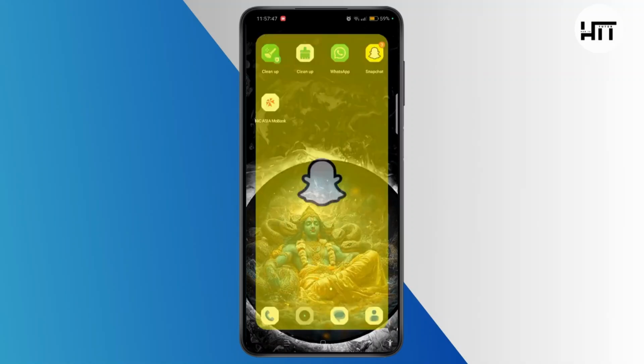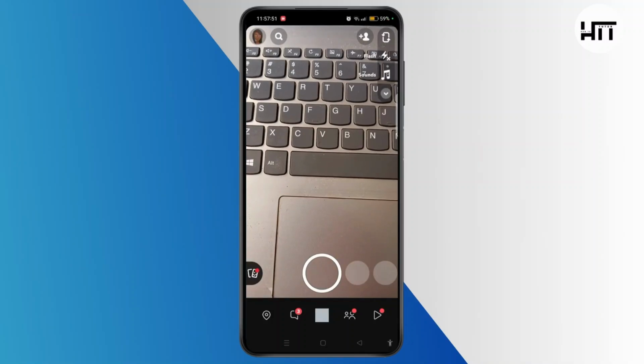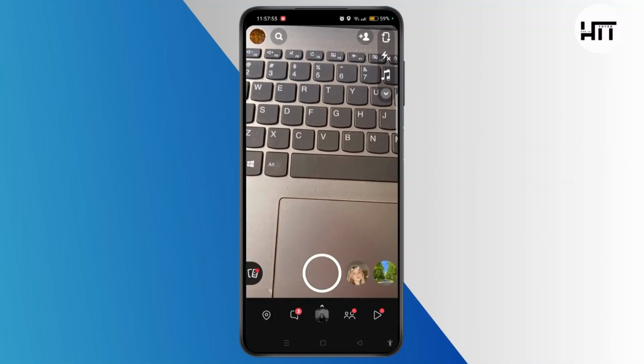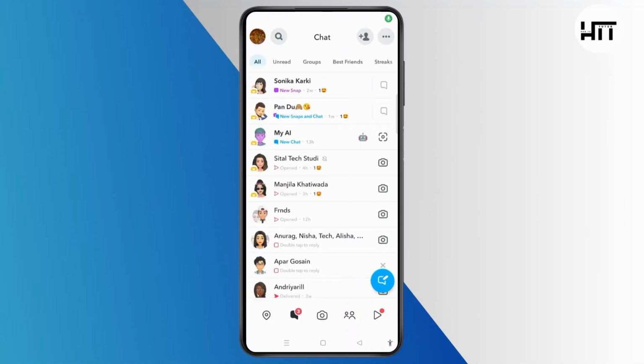Launch the Snapchat app on your device. Make sure to log in to your account. Now head towards the icon at the bottom left corner of the screen. You will land on this chat section where you can simply search for the friend whom you want to unfriend